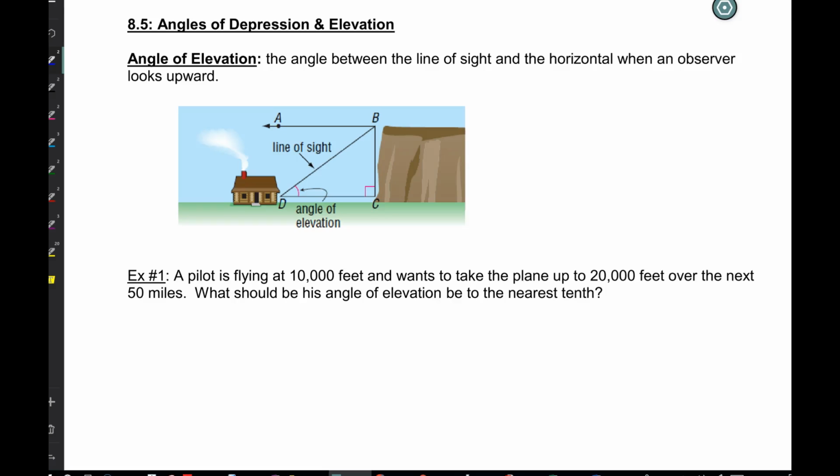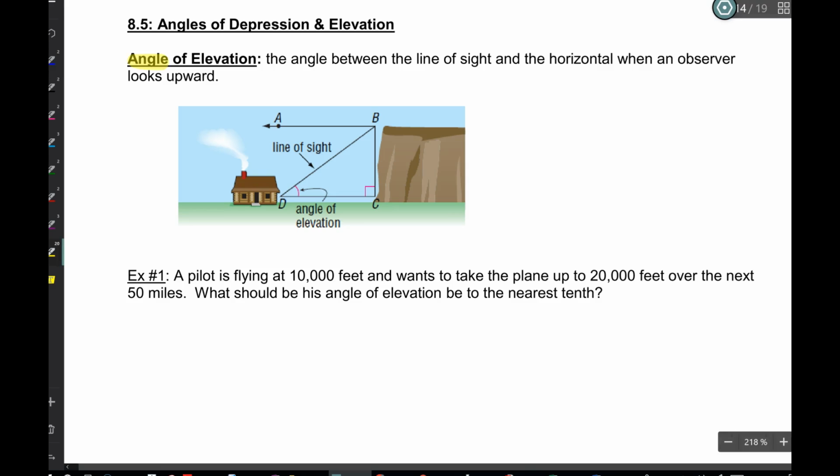This isn't anything new. It's just applying the sine, cosine, or tangent, depending on which one we need, to word problems. That's why this is really only 1 page in length. But we do have 2 vocabulary words. One is angle of elevation, and the other one is angle of depression. So the angle of elevation